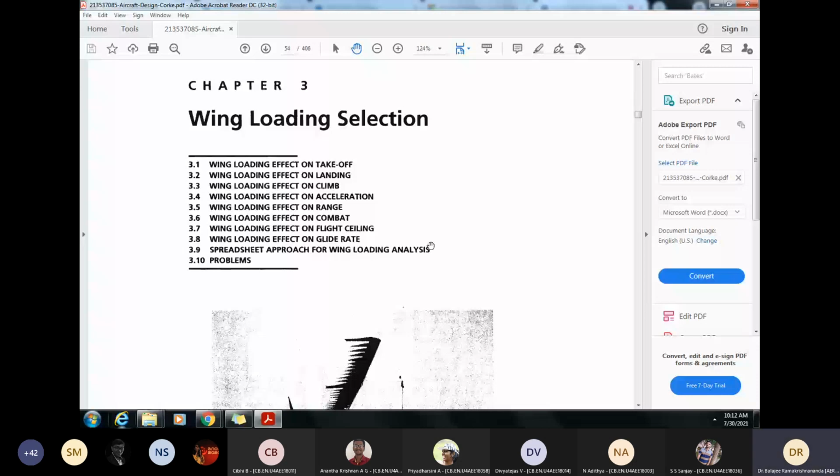So wing loading affects takeoff distance, landing distance, and climb rate. Acceleration is affected by wing loading, range, which means the cruise speed, is affected by wing loading, combat performance is also affected, your ceiling height is also affected by wing loading, and then glide rate. Some of the main points are given here. So now